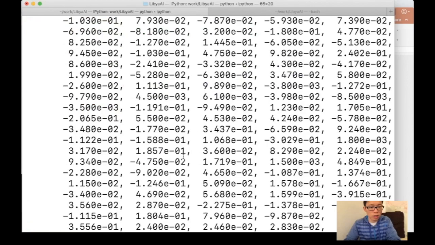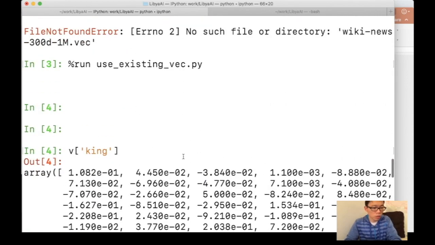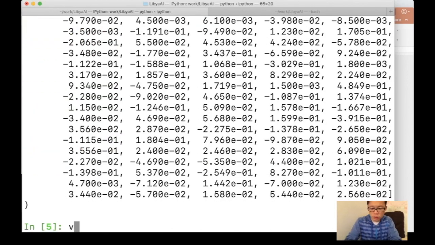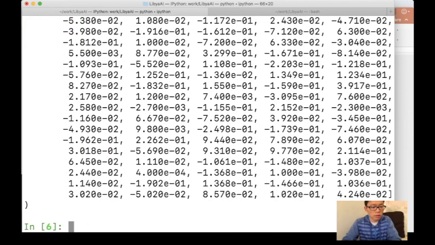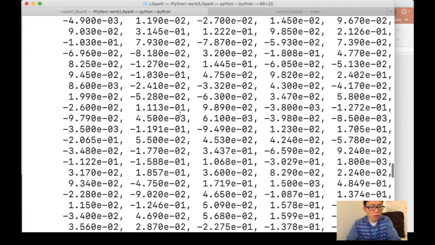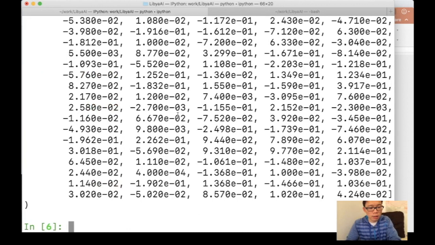The vector for king, okay, it's just a bunch of numbers, right? The vector for queen, if you just look at these individually, you can't really tell anything about them. But the thing you can do here is actually do arithmetic.